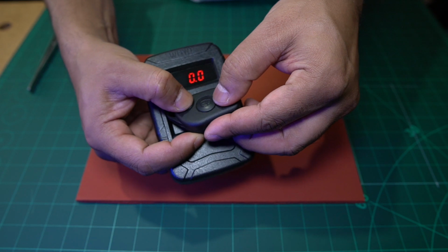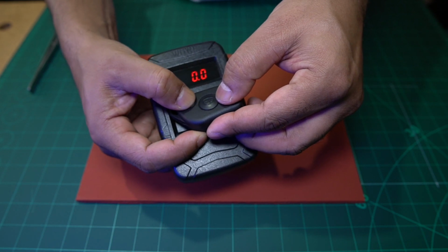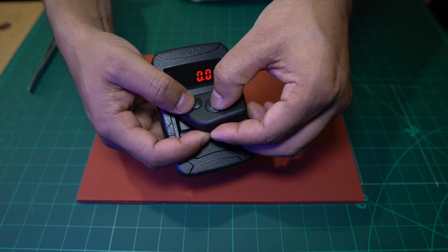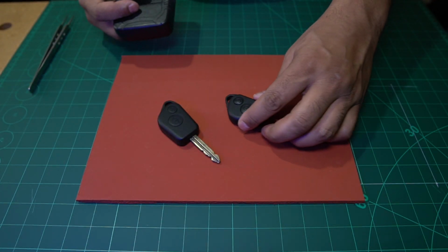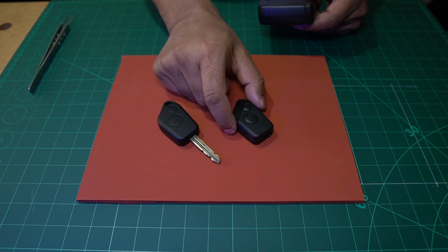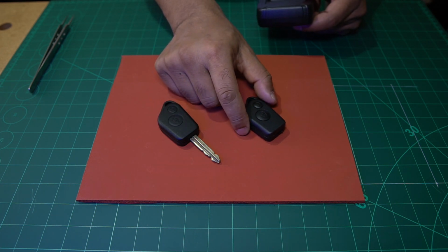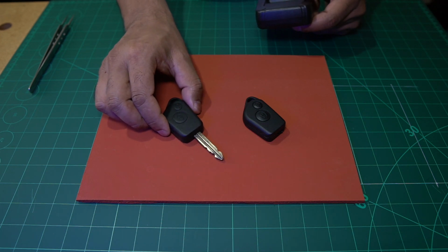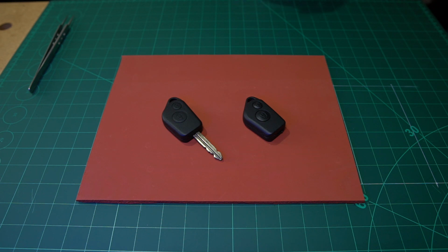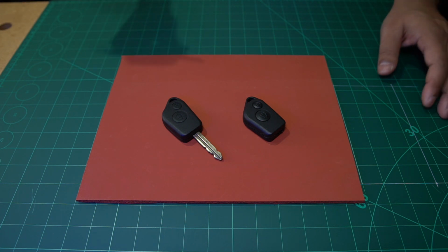And I've tested the battery inside. It's at 3.2 volts, which is fine, enough to power the fob, but as you can see, there's nothing coming off it. So this fob came in for repair, and we ran the usual tests that you normally would, and we couldn't find anything unusual from the diode tests that we did. And then what we did was,